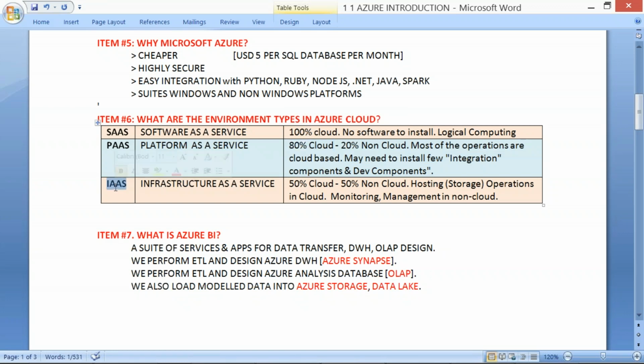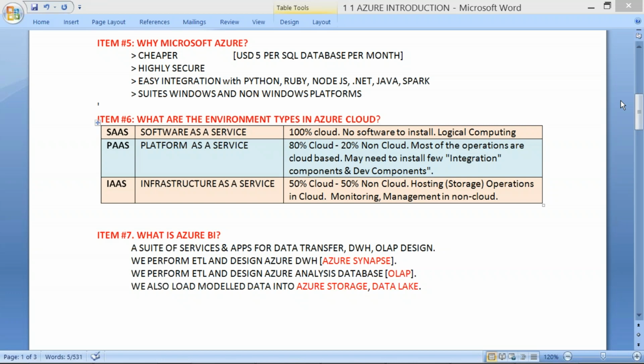Whereas the third one, IaaS, infrastructure as a service. This is 50-50. 50% on-premise and 50% cloud. See there, friends? 50% on-premise and 50% cloud, both on-premise and cloud environments. So here we go. In case you are going for this IaaS, infrastructure as a service,